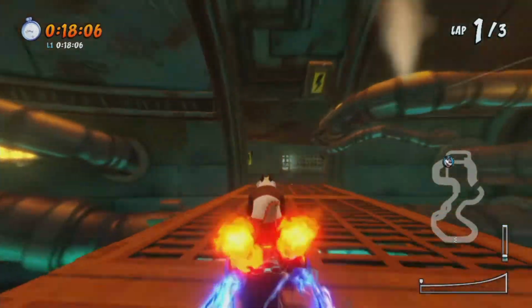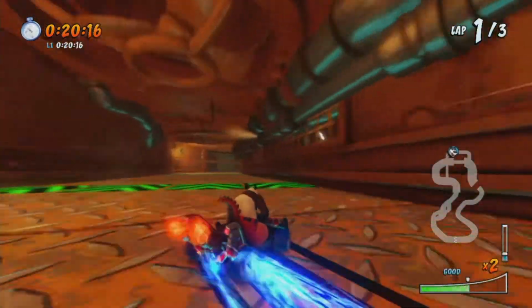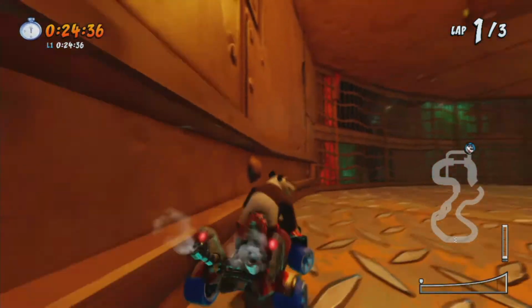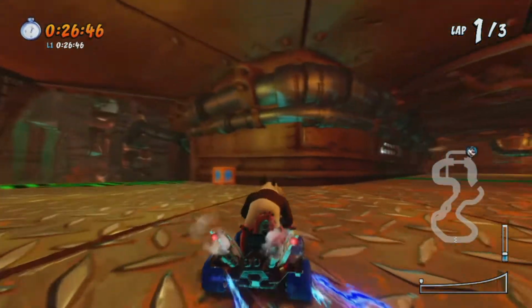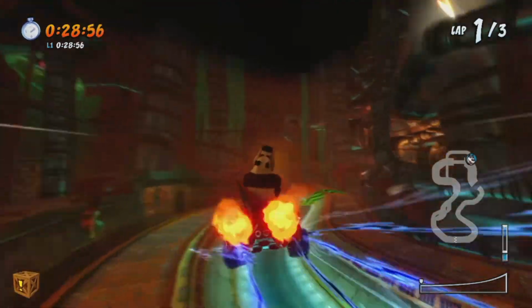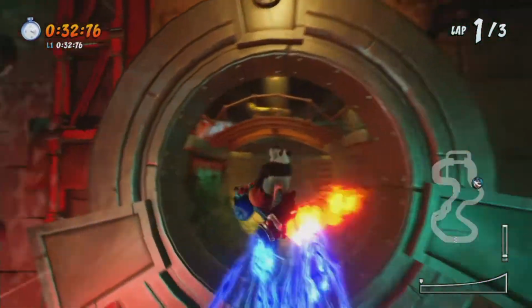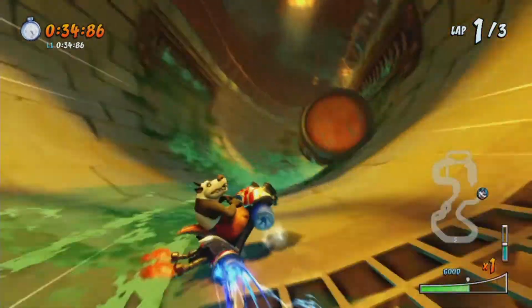Okay, so we're going here first because there's a shortcut trick you want to do. To make it easier, we'll run at this wall to lose speed and then turn around, and here's our Beaker crate located in the side of the area. When you break it, you will get